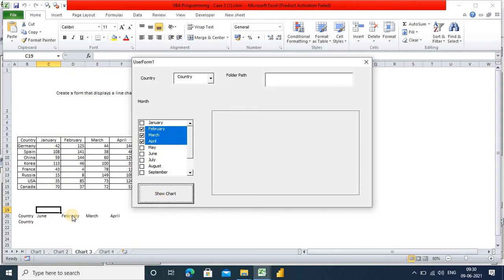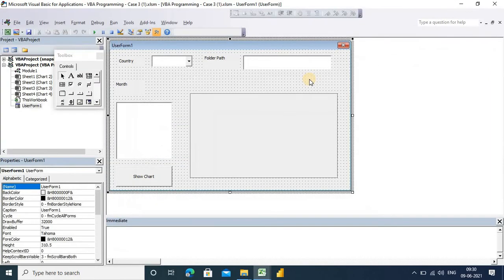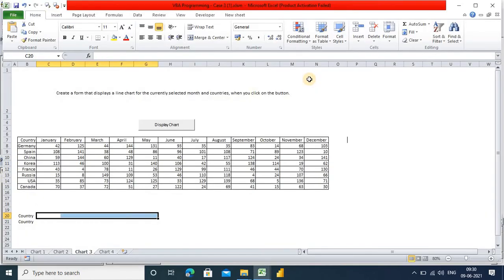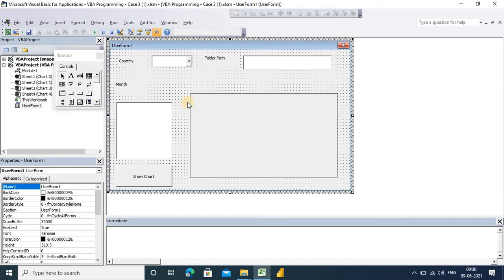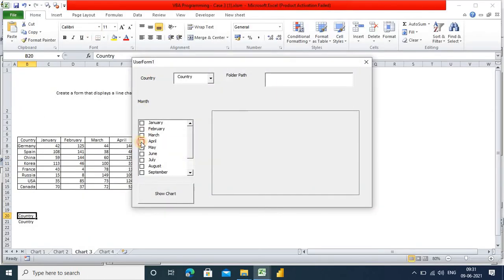You can see June, February, March, April, and if I select October here, then it's selecting October. Okay, like this it will work. Just showing again: April, May, June. Okay, now it is because we have added that plus one, that's why.